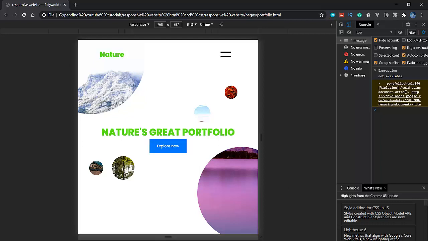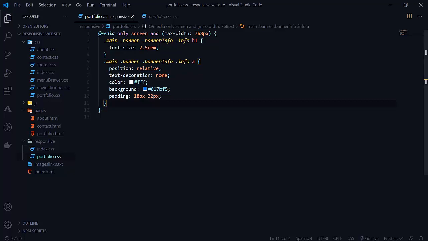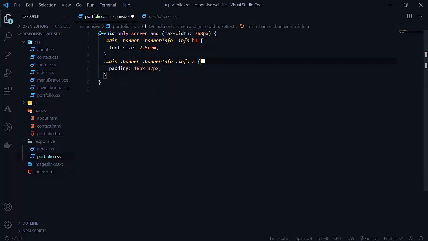So padding will be 10 pixel, and I removed 8 pixel from here. From here also I will remove 8 pixel. 28 is enough. I will remove 5 pixel only. So let's see the padding. Yeah, it is looking good.